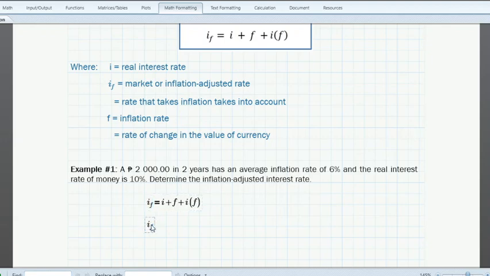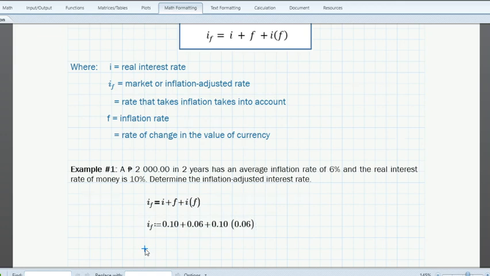So let's put it in the formula. We have interest rate is how many? We have 10%, the real interest rate. So in decimal, that is 0.10. Plus, how many is the inflation rate or the average inflation rate? We have 6% or 0.06. Then we add the product of the interest and the inflation rate natin. And it will give us